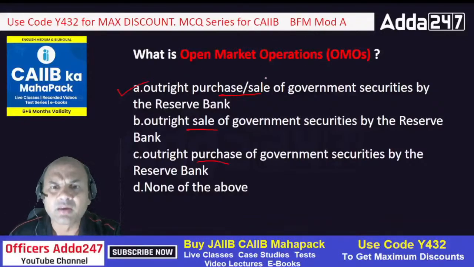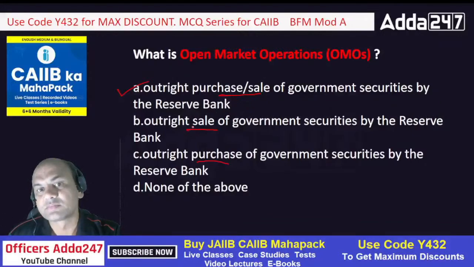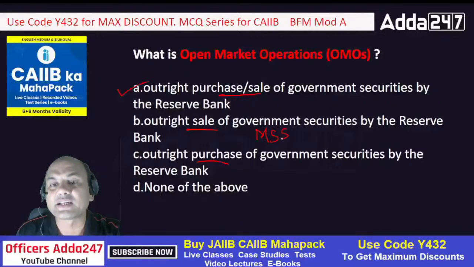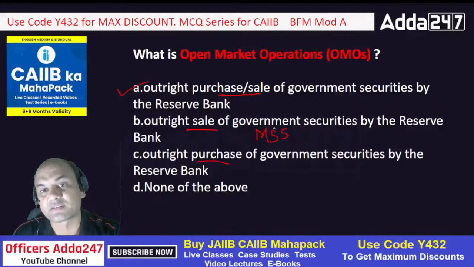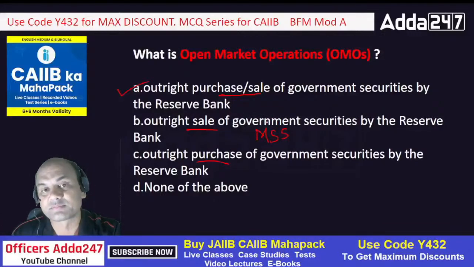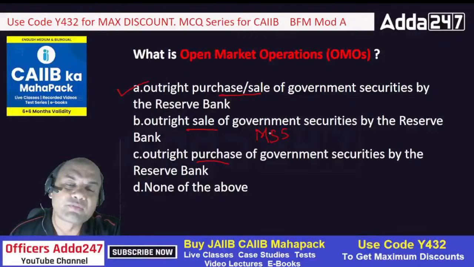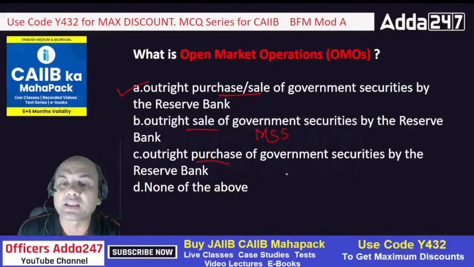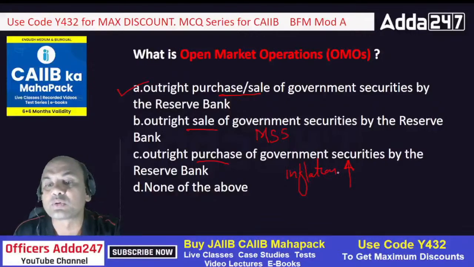Then who handles only one? This is under MSS, not MSF. MSS, Market Stabilization Scheme. MSS is brought in by RBI in case of very urgent needs. If there is huge liquidity in the market, that liquidity needs to be sucked up. If there is huge money in the market, inflation rises. So to control inflation, RBI will suck the money out of the system through sale of government securities. This is only in MSS. But OMO is purchase and sale of government securities.